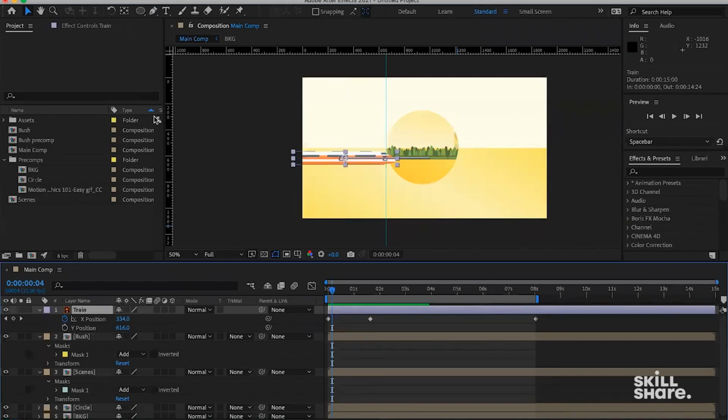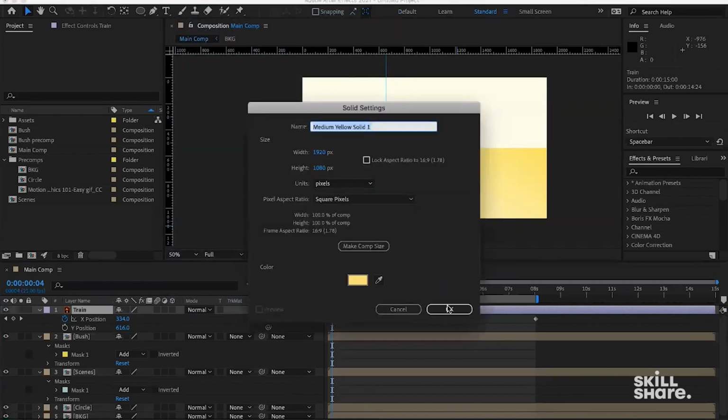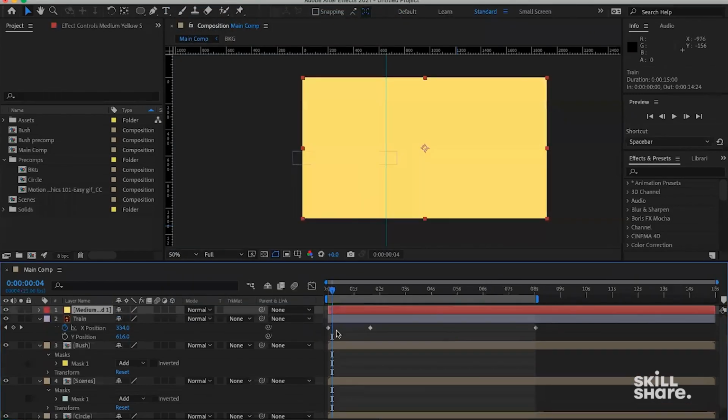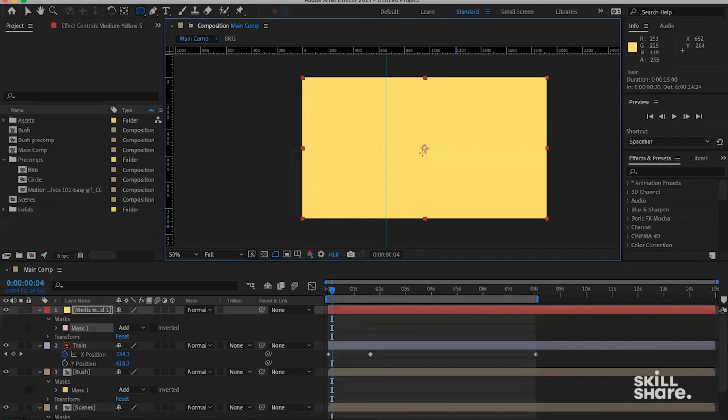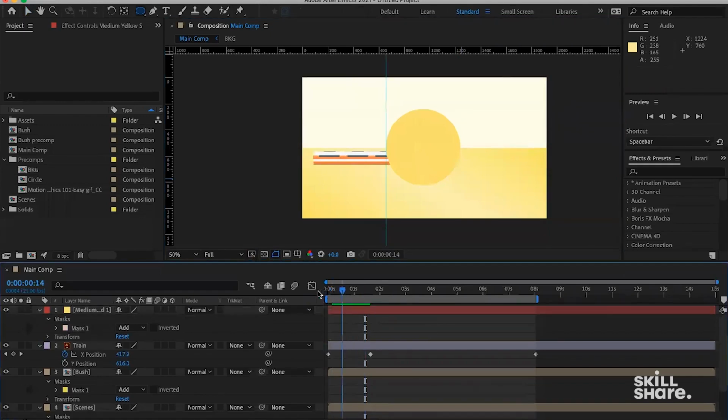So how we do that is we go to layer, we go to new, and then we create a solid layer. Hit OK. And then we still need to draw a circle on this solid layer. Make sure you hit Shift and then use spacebar to move around. That's good. And the next thing is I want this circle